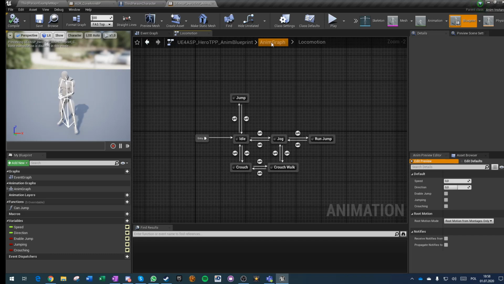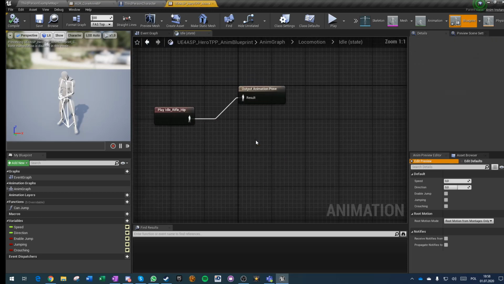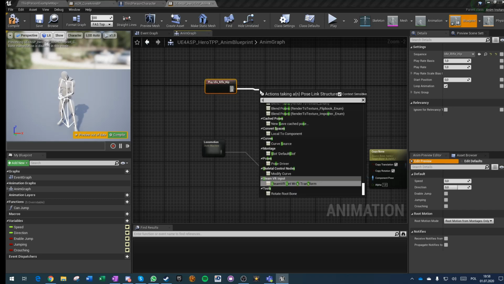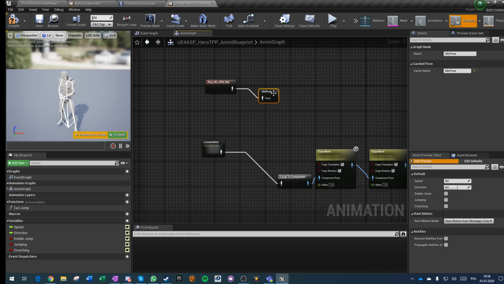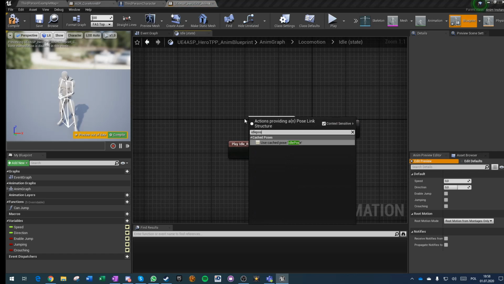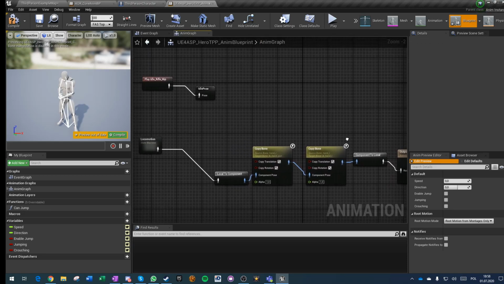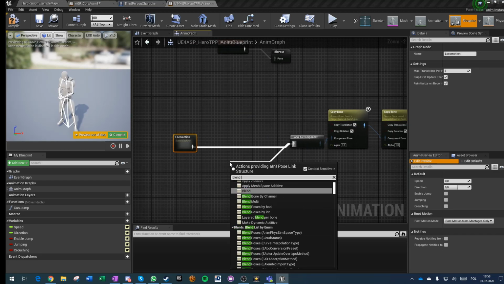So first of all, everything in this graph is just one state machine. We really don't like that. Let's take the idle. Let's copy it. Let's go back here. Let's do idle. Save pose. It will be idle pose. And we go back here and we'll plug in idle pose. Okay, we don't need this anymore. Why did we do that? Very simple, because here we'll go